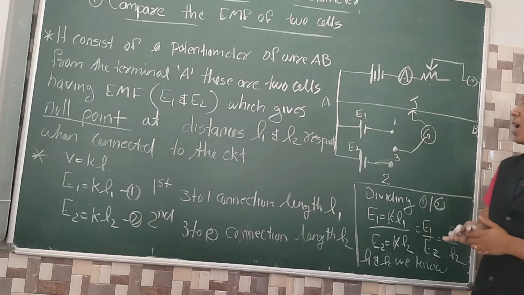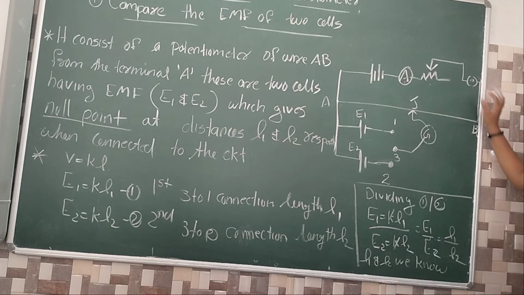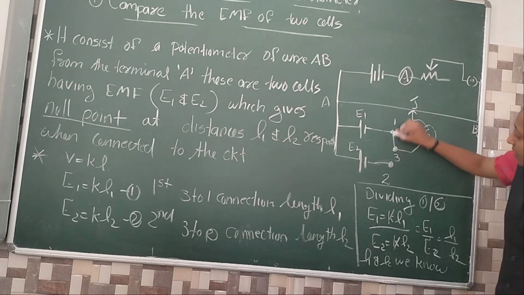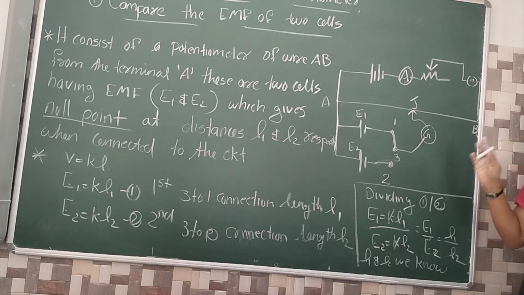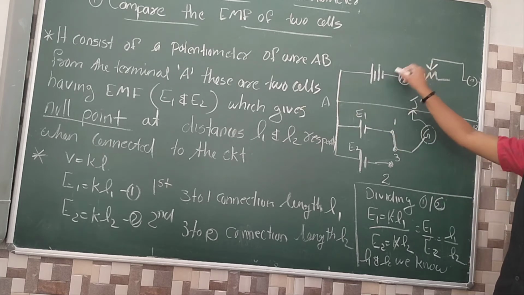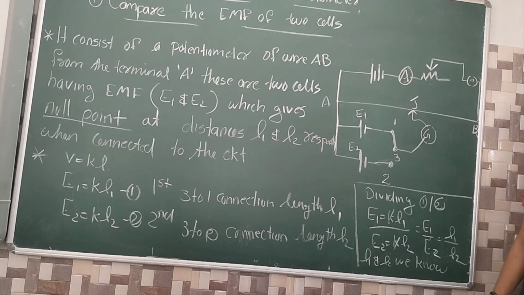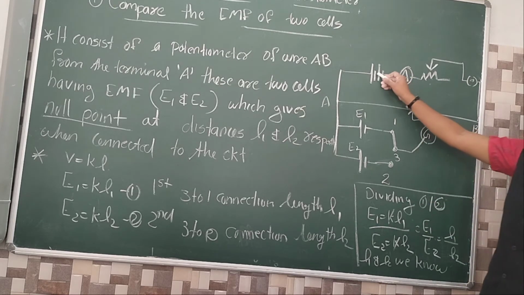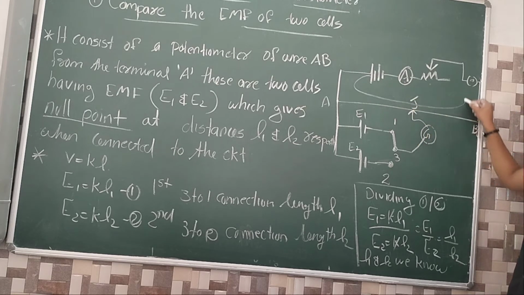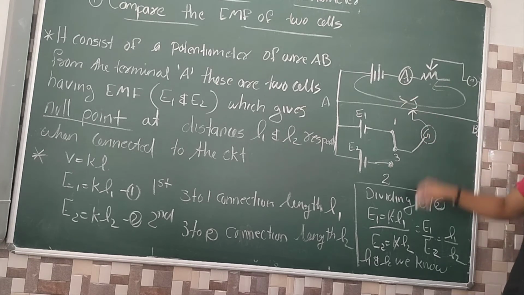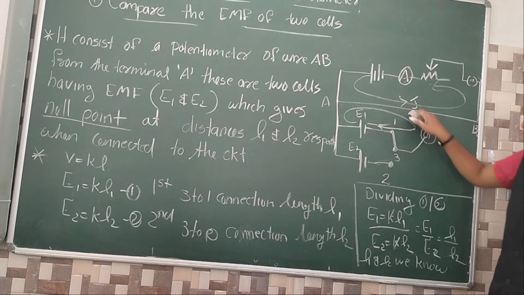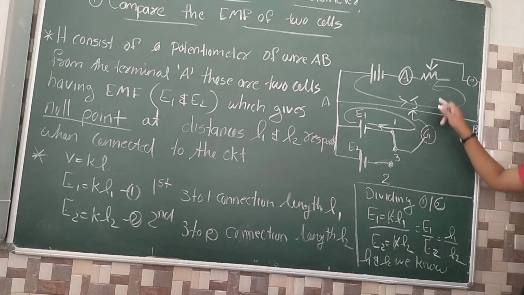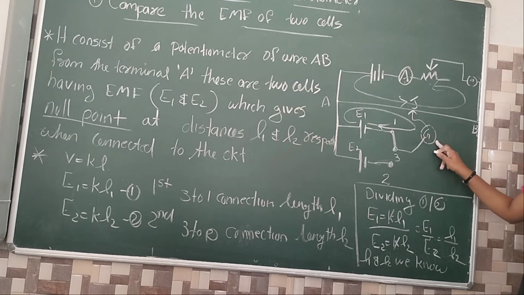Listen again. First we should switch on this key and connect 3 to 1. 3 1 में connect कर दिया. So there is no role in the case of E2. E2 को अभी role कुछ नहीं है. Okay. So how will it go on? The cell is also providing current. This circuit is providing which current? Steady state current. This current is flowing from positive to negative. This is the direction in the case of the galvanometer. This current is flowing from positive to negative. This is the direction of the other current. Both are opposite and the same current, so the deflection of the galvanometer is 0.